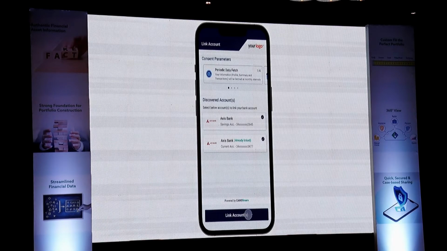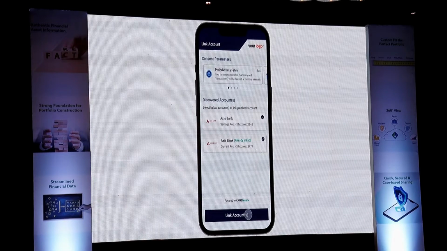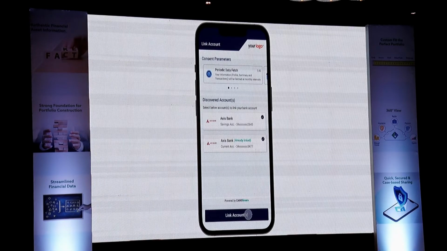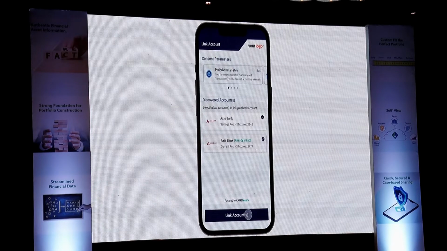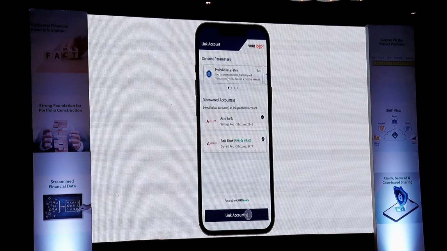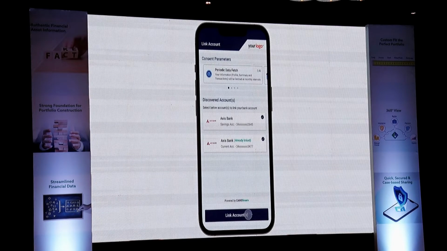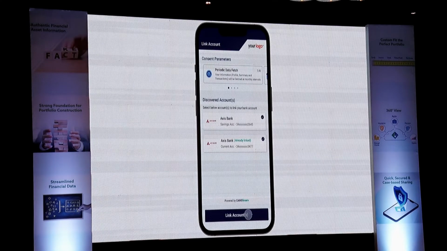The consent parameters which are there on the top of the block, the user can see what consent the user is giving, what is the frequency of the data fetch, what is the reason for which the data is requested, what is the data life. All of those values are given on the top so that the investor can see, and hopefully we will be able to stop abuse of these consents by making sure that the investor has visibility of what the investor is giving consent for. Once the investor sees all of that and agrees to link these accounts,